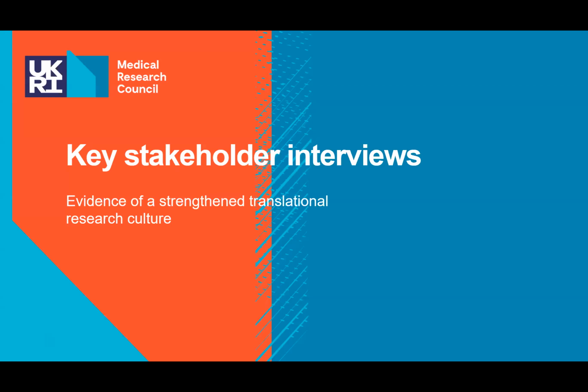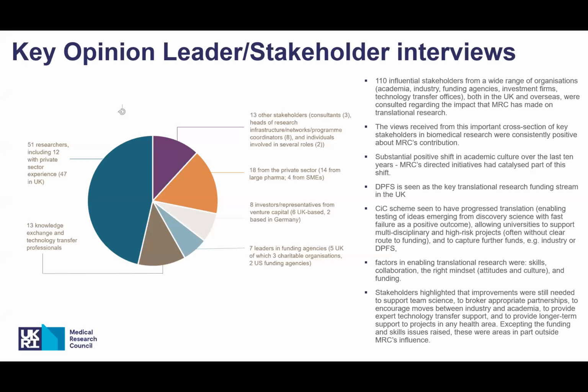Just briefly, we did a lot under this evaluation project, but we also interviewed over 100 influential stakeholders from a range of organisations, both within the UK and internationally. This was to get a sense of what the MRC had contributed to the national and international research landscape. And we found some really positive specific feedback about some of our schemes, but also a more general recognition that the MRC investment over the last 10 years had really helped transform translational research culture in the UK, enabling